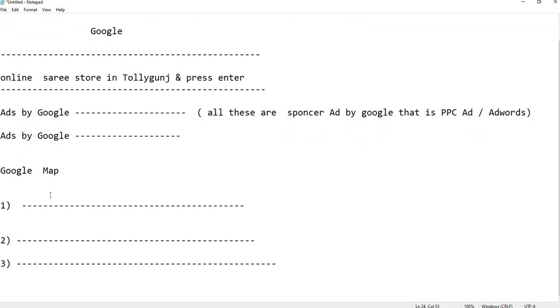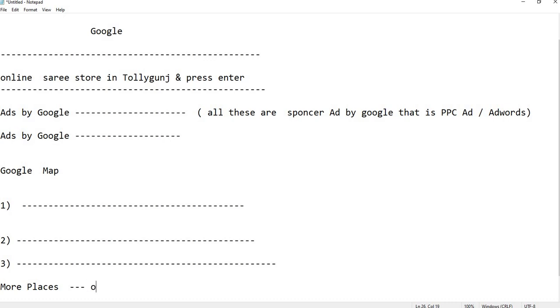In Google Map ranking, first of all, a map is shown based on your search result, and based on the map shown, you have top 3 rankings, and below that, more places. It is written like that.